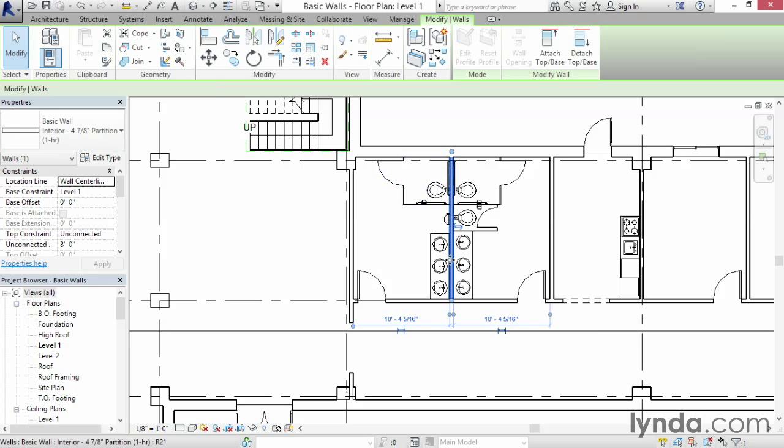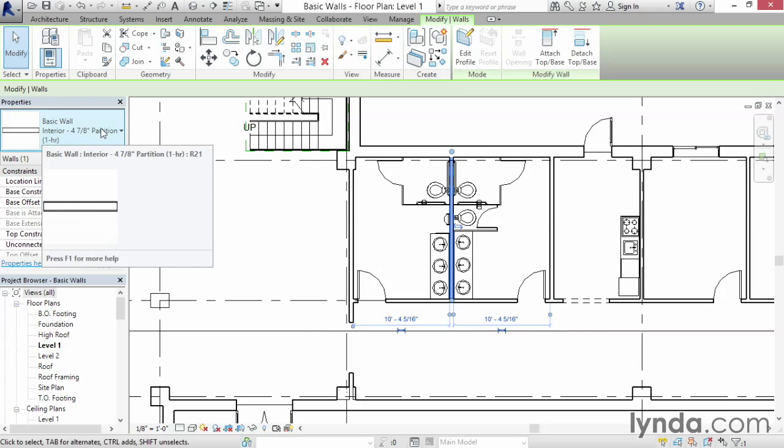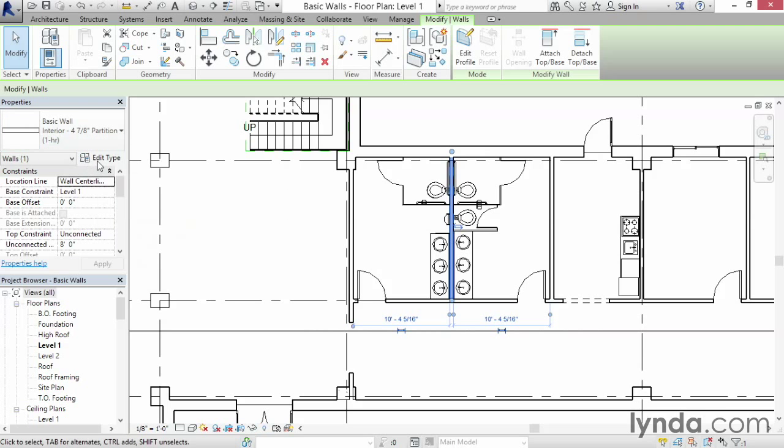So I'm going to select this wall here between the 2 toilet rooms, and you'll notice that it's a little bit thin right now, and there's probably not enough room for any of the plumbing in that wall, and we're going to create a new kind of wall for that plumbing wall situation. Now I'm going to do that by using the tool here on the Properties palette. So there's the name again, Interior 4 7/8 Partition on the Type selector,